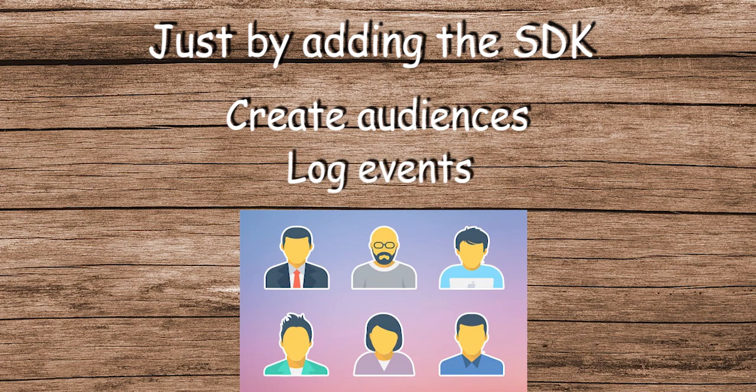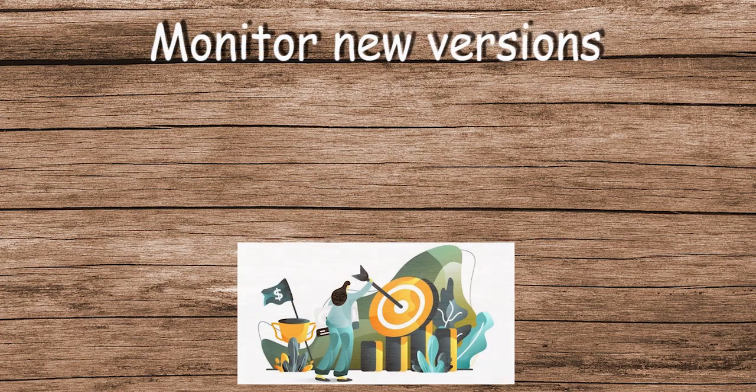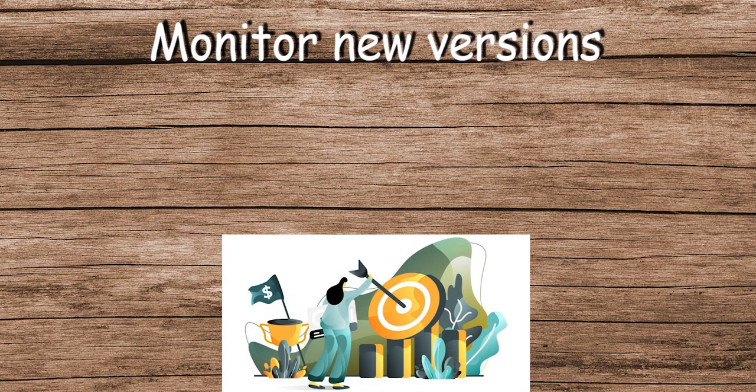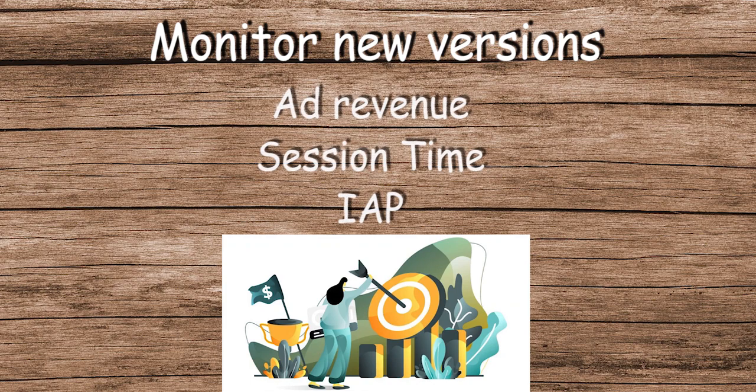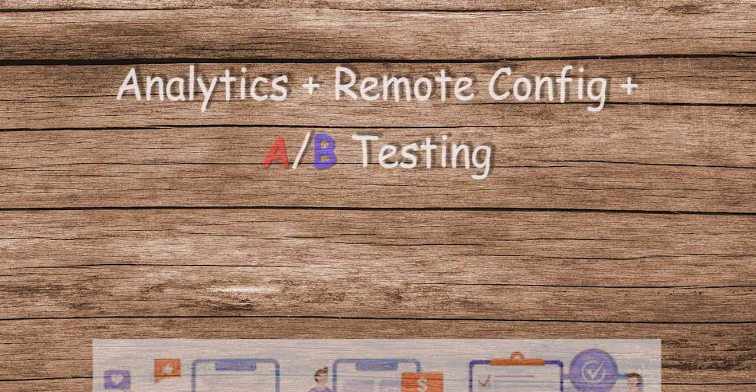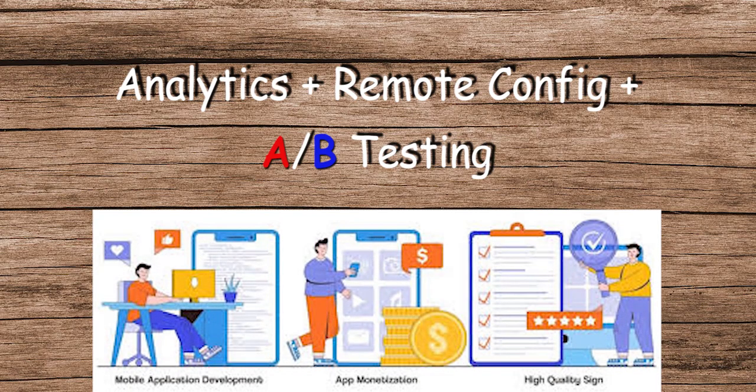in-app purchase. This information is highly useful to monitor new version updates and see if any of the key goals such as ad revenue, session time, or in-app purchase revenue have changed for good or for bad. The analytical information also lays the ground for more advanced techniques to be measured such as remote config experiments in